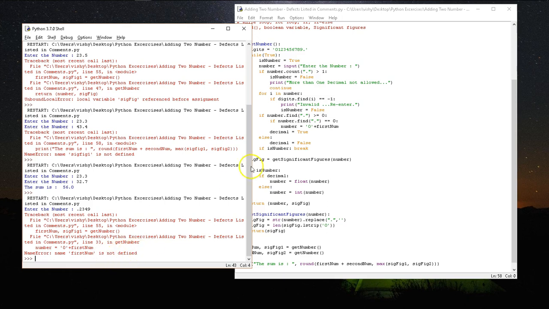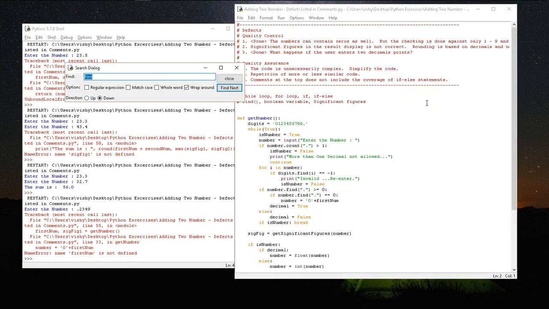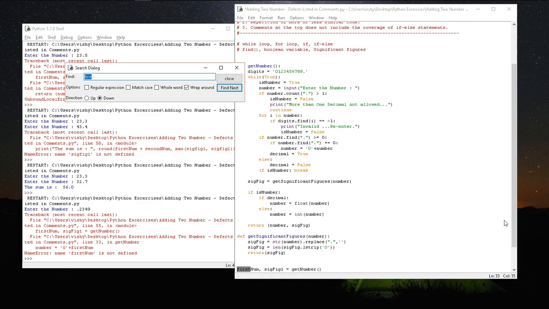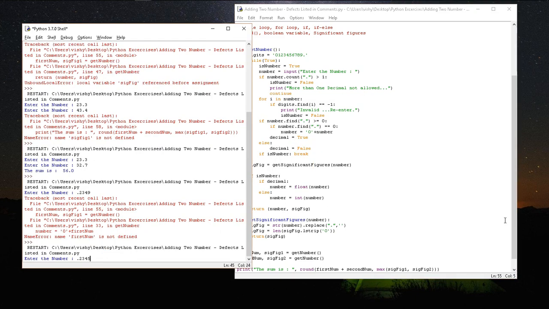Name first num is not defined. Okay, now let's do one thing. Here let's do a search. First. Okay, here this should be just number. Let's again search. Here it is, okay, so it should be only here. Now let's run. 2, 3, 4, 5,